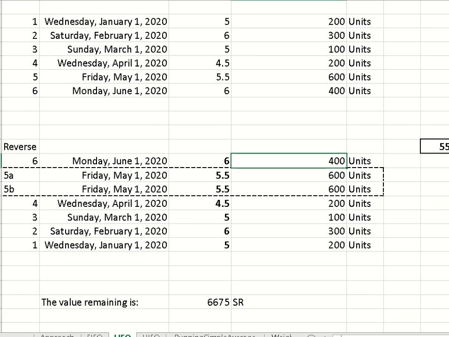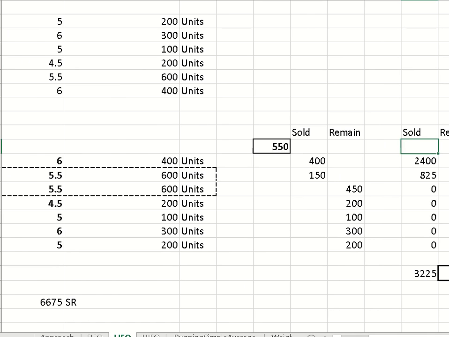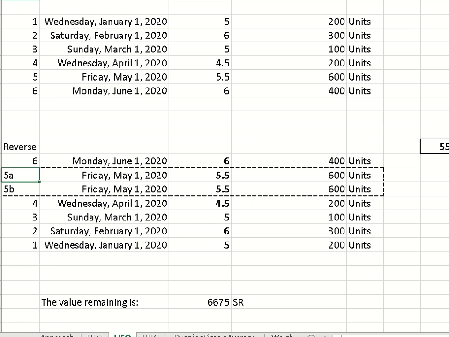We split because we sold 550. So 400 from the first item, from the last PO, and the second PO is 150,